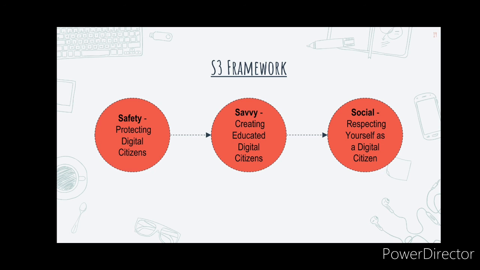And lastly, we have the social, or respecting yourself as a digital citizen, or creating cooperative and interdependent relationships and understanding of others. When discussing the topic of digital citizenship, digital health, digital safety, or whatever it may be called in your school or district, there are certain universal themes that seem to surface and be at the heart of the issue, whether it is through topics of cyberbullying, viewing inappropriate content, or plagiarism.